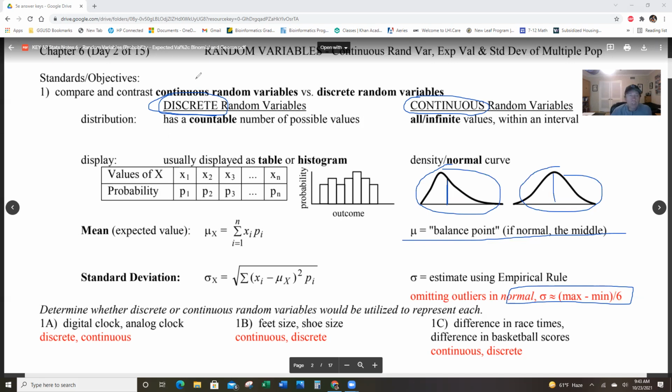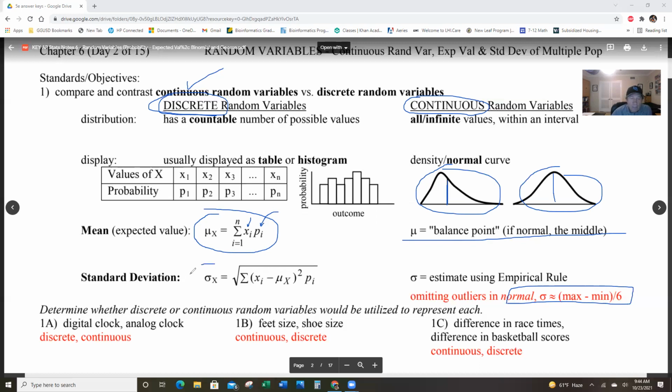When you get into discrete variables, I went a little backwards there, how you calculate the mean is this formula. That's a weird looking formula, but what that means is x sub i means every individual x multiplied by the individual probability, and then you add it up. You're going to see me do an example of this. It's actually very easy, a little tedious, but very easy.